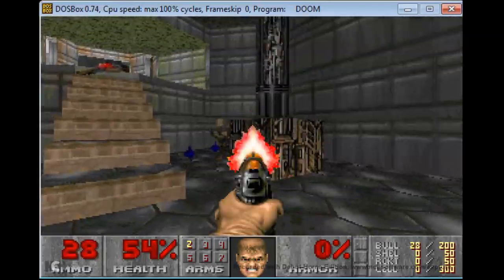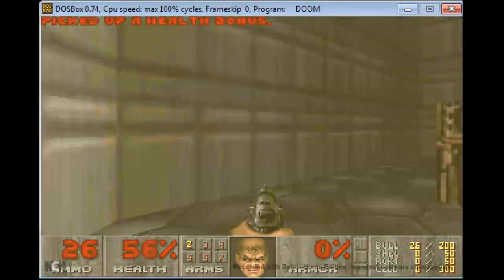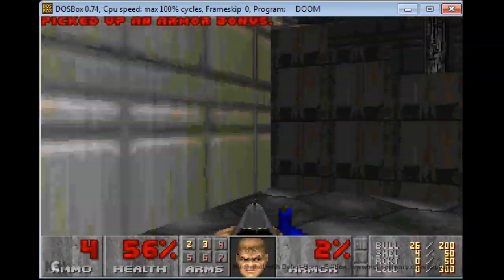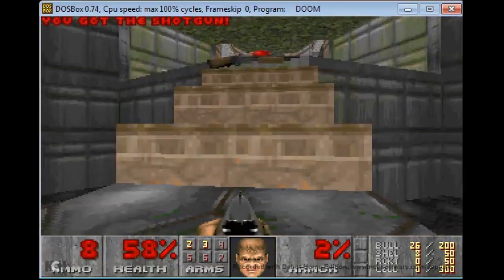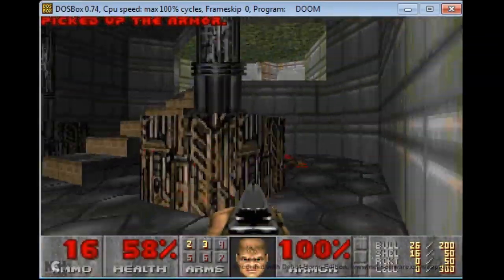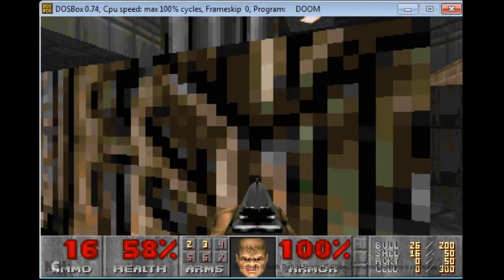Anyway, the story is basically that the UAC, Union Aerospace Corporation... There we go, I got the shotgun. The kick-ass shotgun. The UAC is making teleportation experiments on the moons of Mars. There's no switch here because this is Doom